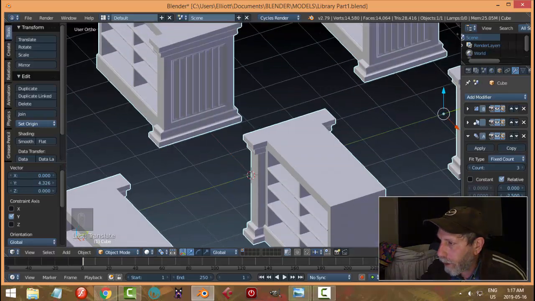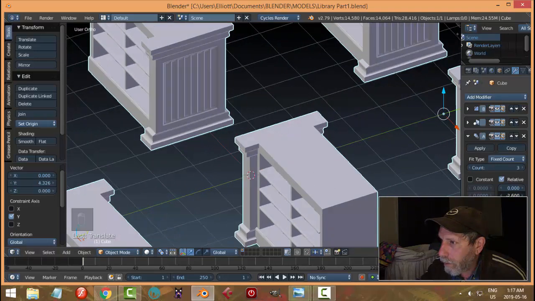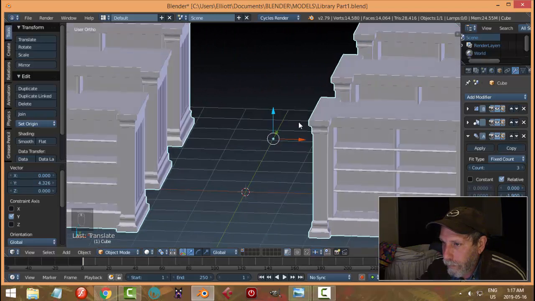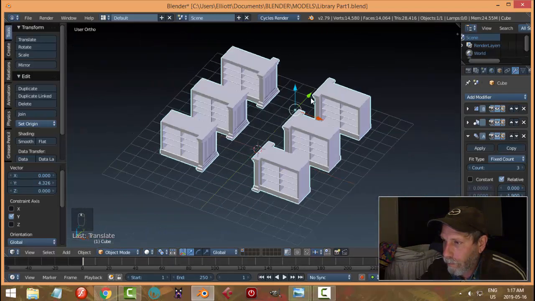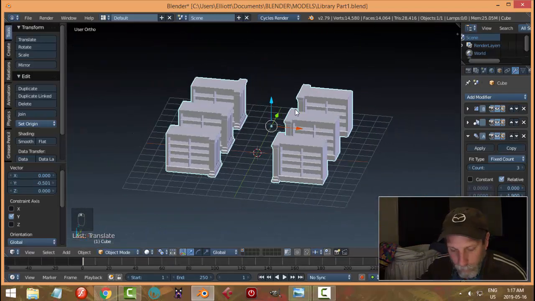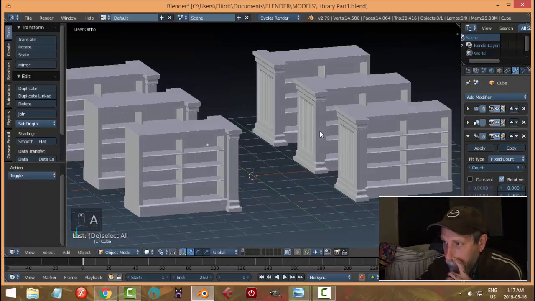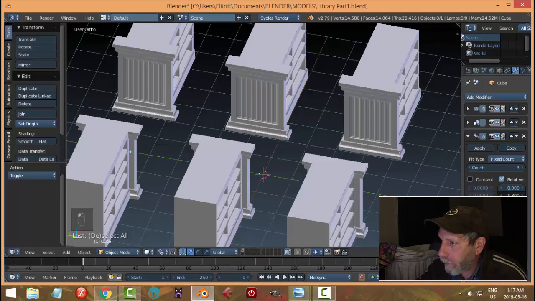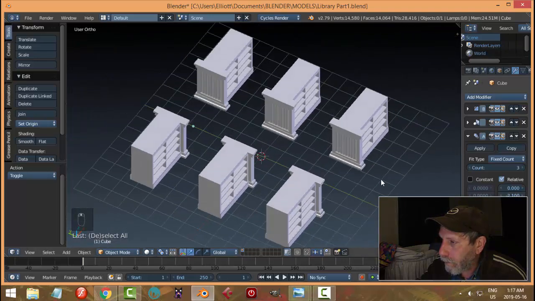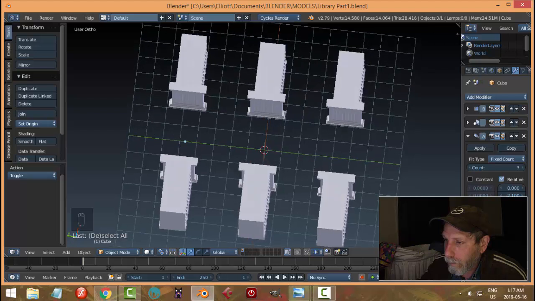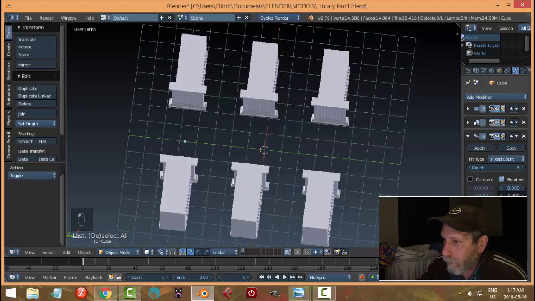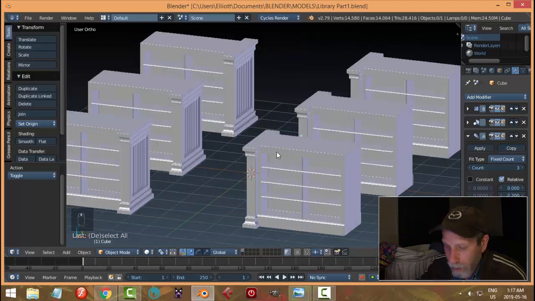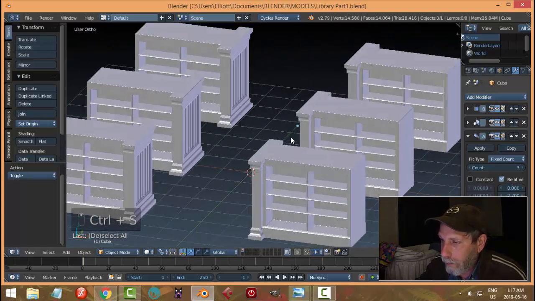Let's see, actually, that does seem like it's a bit too much for space. And on the other hand, now it doesn't seem like enough. Yeah, okay. Well, we'll see. All right, now